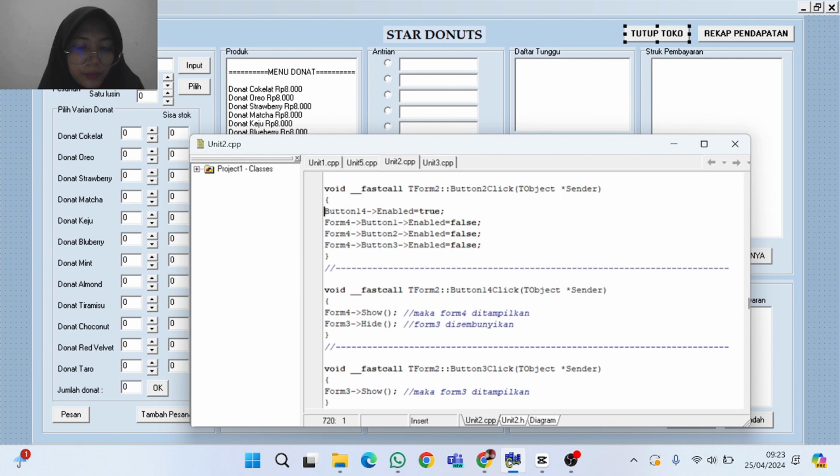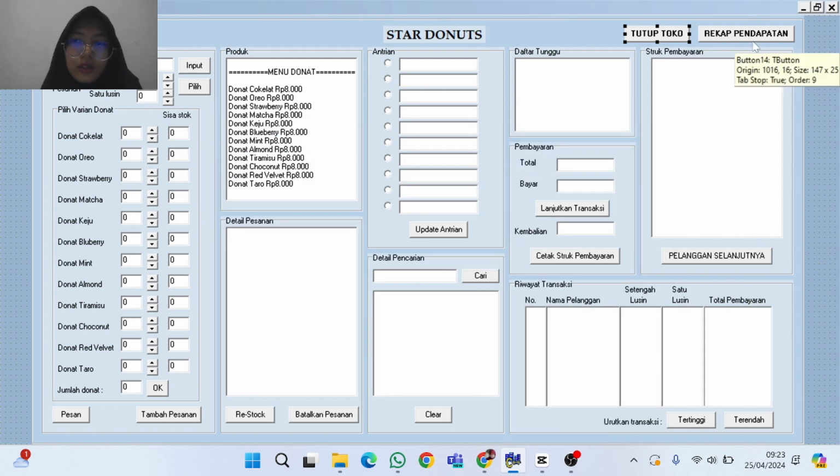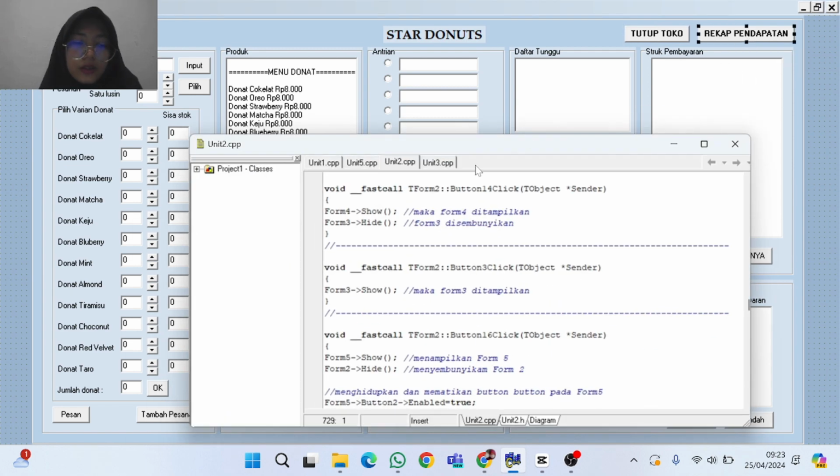This is the subclass button, which functions to turn on the revenue recap button and then turn off the buttons on form 4. And this is the income recap button to display the recap form, namely form 4.